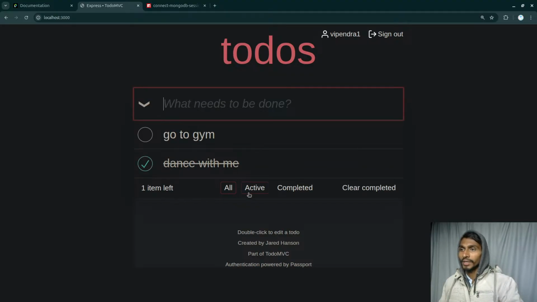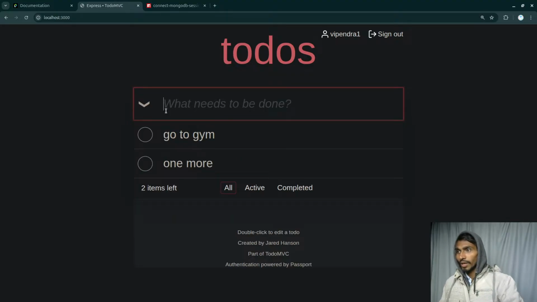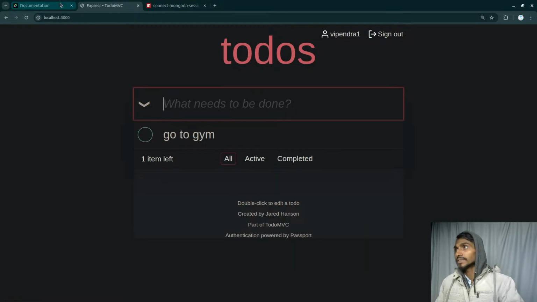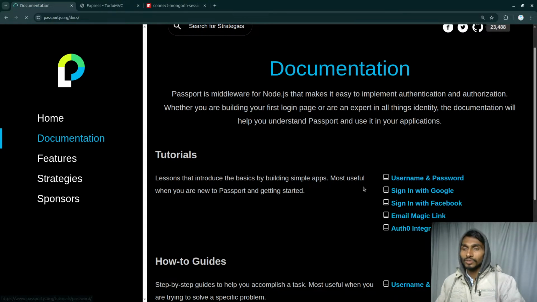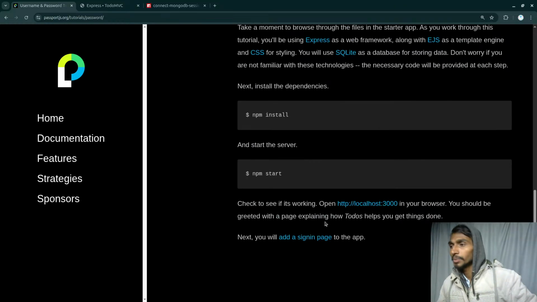You can even mark it done. You can even remove it from here, just like this. And not only that, you can create one more. And again, this to-do thing I haven't created. I haven't created the business logic and all. I was just focusing on the authentication part. The remaining code was already given by the documentation. You can have a look at it. You can even filter them like this, and you can even clear all the things. As simple as that. If you follow this documentation, this username and password, this to-do app will be created automatically. Just follow each and everything that they are asking you to do, and it will be done.